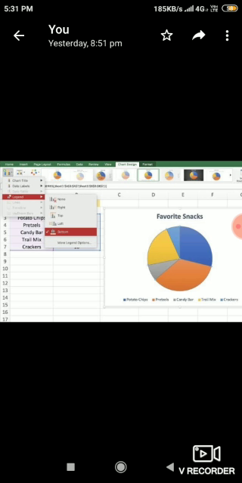To position the legend on the chart, click on the legend option tab. Select the bottom radio button. Click on close. The legend will be placed at the bottom of the chart.